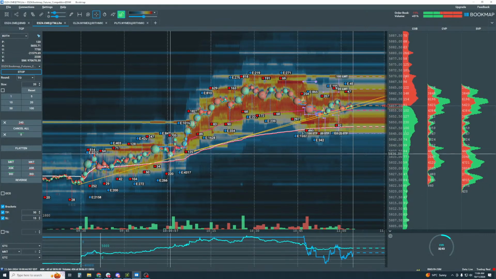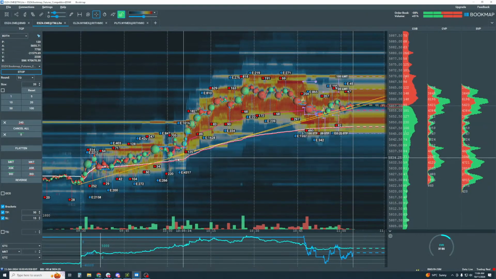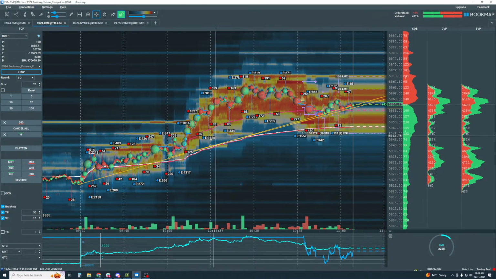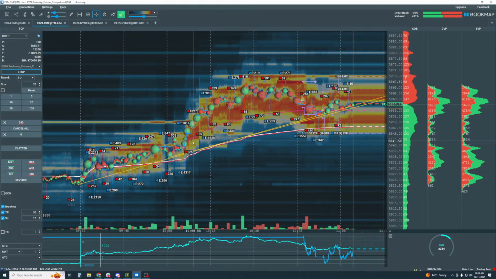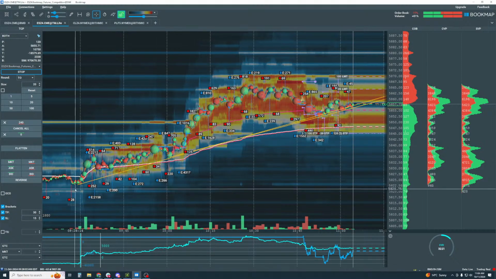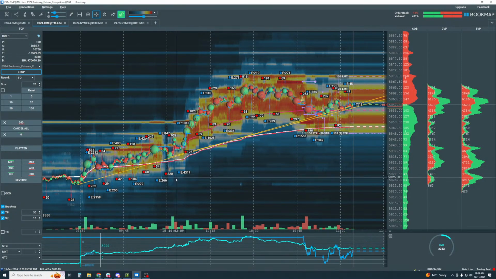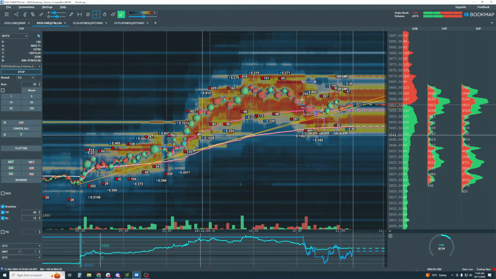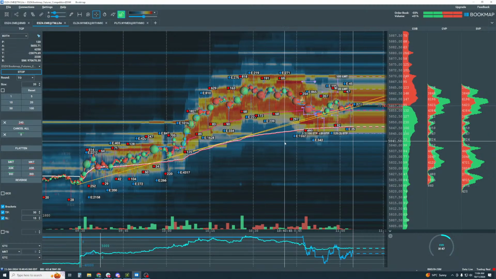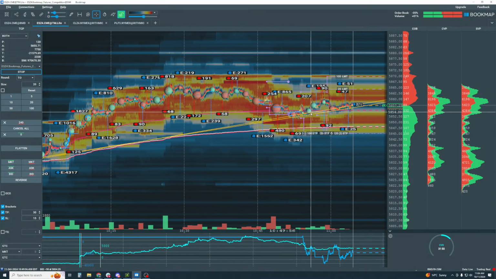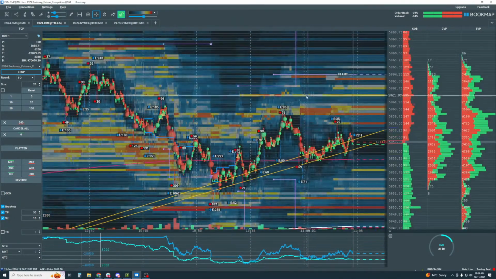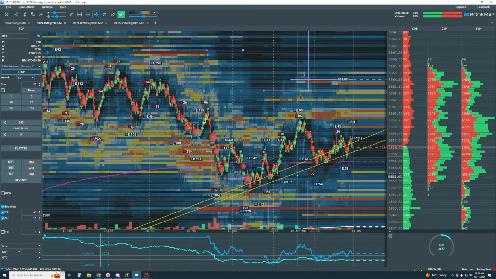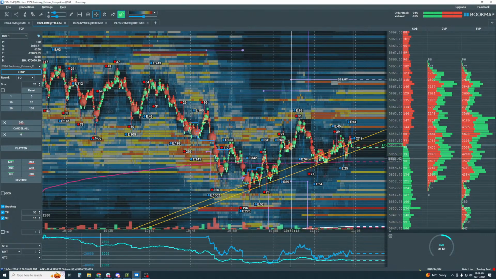This one would be based off of the trend line off of the move after the news, just like we did with VWAP. This is another way you can consider drawing your trend lines as well. We always draw it off of the swings, but you can draw it off of order flow events as well, just like the anchored VWAP. Same idea, so look for that. Now they're very similar in here, so maybe it doesn't really matter.